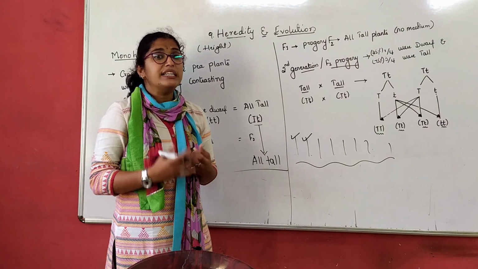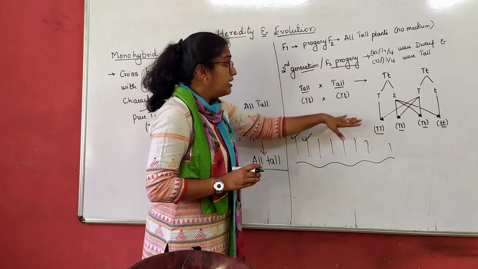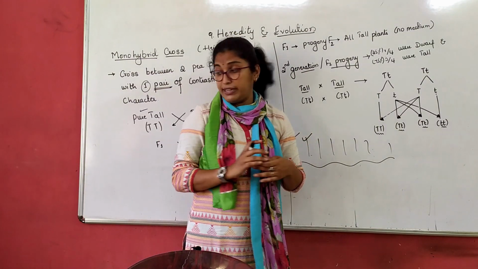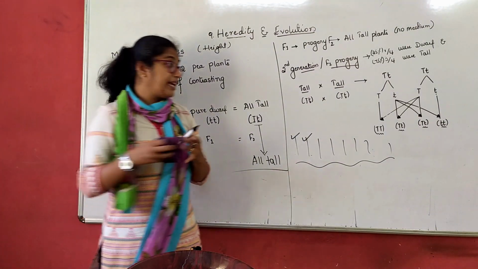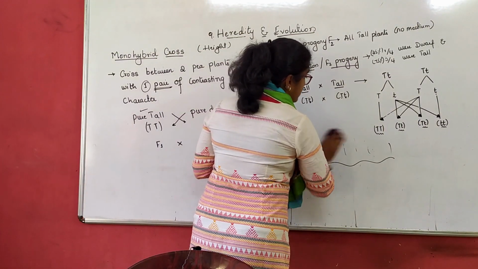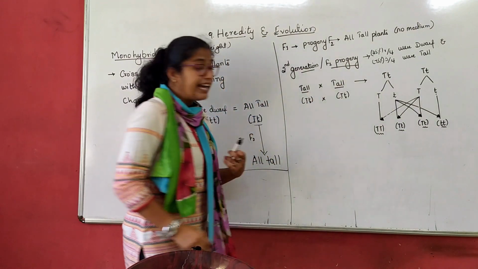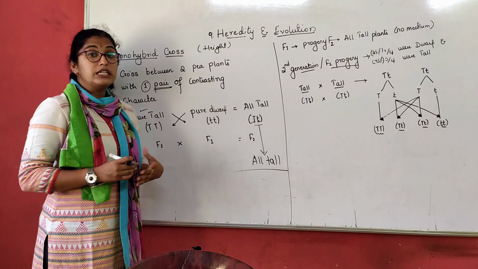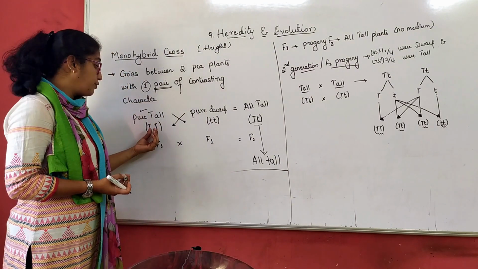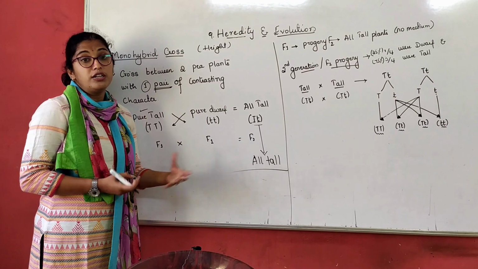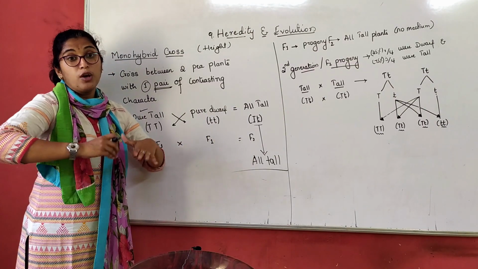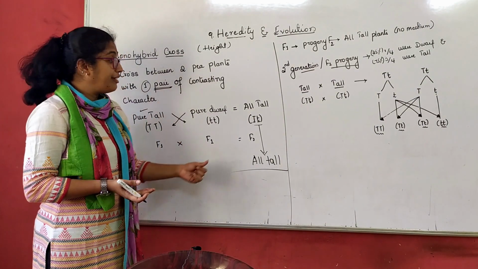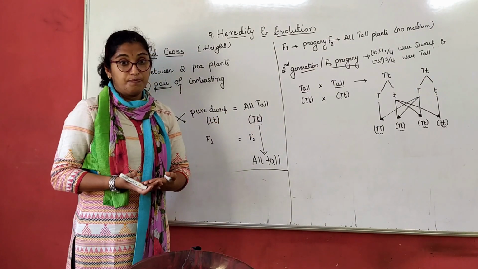Now, a bit difficult to understand this the first time when I explain, but you'll understand as we proceed. Now, simply what we did was, we chose the multiplication thing. We just multiplied tallness and dwarfness. Actually, if I come to the first part, what was the genotype here? Genotype was pure tall and pure short, that is dwarf, right? What was the phenotype here? Phenotype is what is physically appearing. Phenotype was all tall, right?